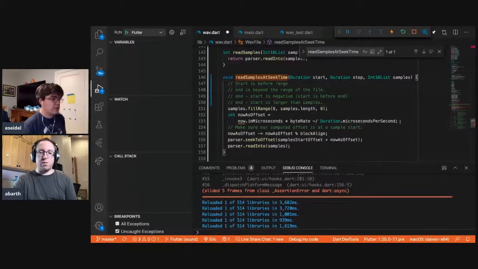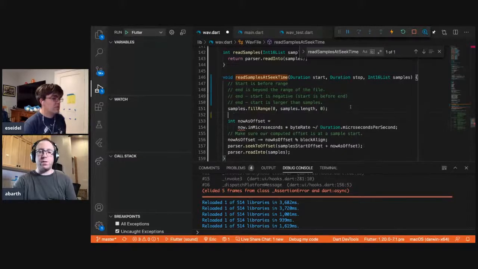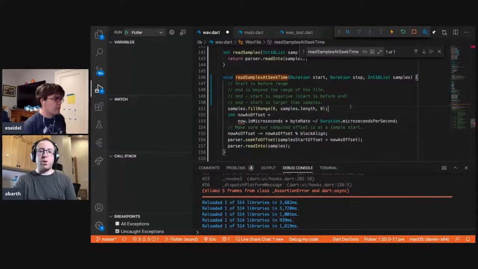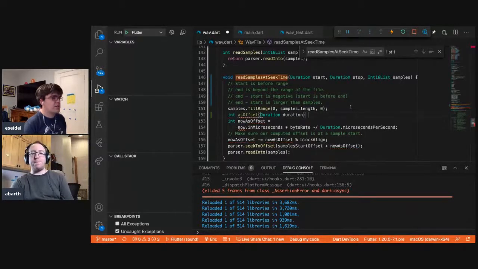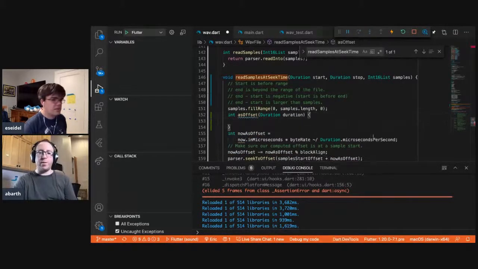So we also need a way to convert from durations to offsets, which is presumably this, basically. Maybe we should factor that out into a helper somehow, because we're going to want to do it both for the start and the stop. I think we decided that we can actually write them as little helpers right in the function, nested functions. We did that previously.